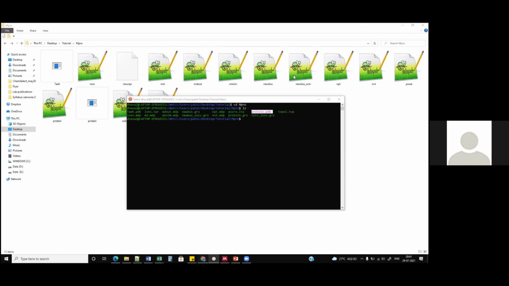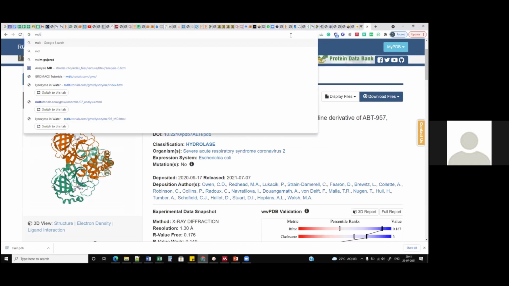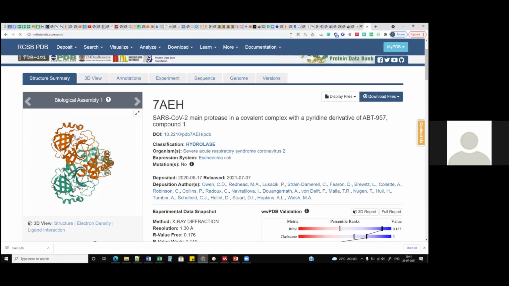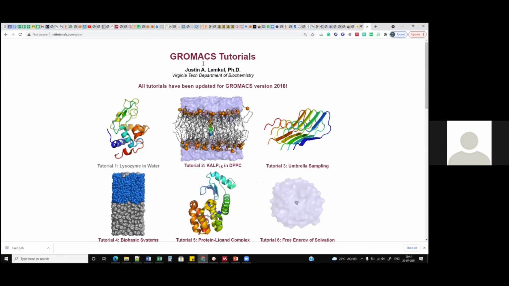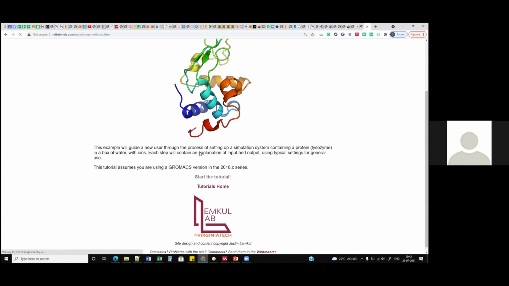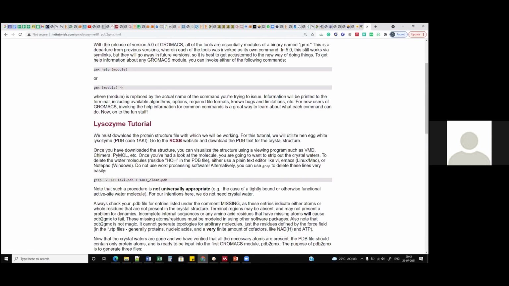Now before going into that, let me tell you one very important website which you can use for learning Gromacs from scratch. It is an excellent tutorial described with different kinds of scenarios, and if you follow the step-by-step procedure, you will be able to successfully run the simulation. In our case, we are going to simulate only protein in water, so we can refer to the tutorial called lysozyme in water. Just click over here. There's a lot of description over here. You can read it later on. I'm ignoring all of this.